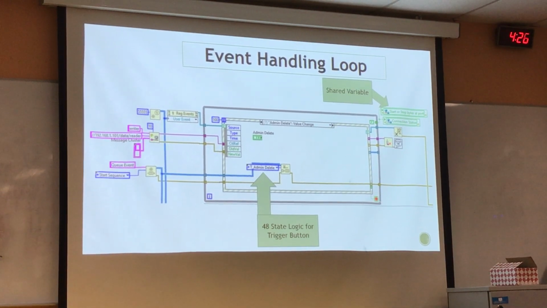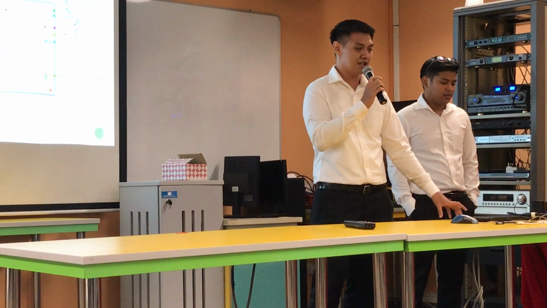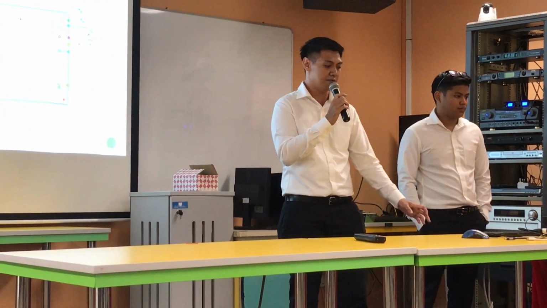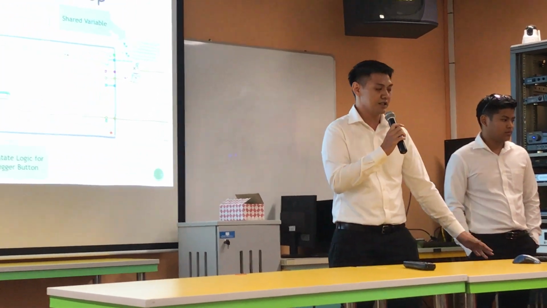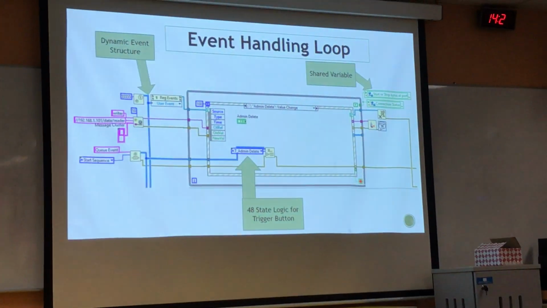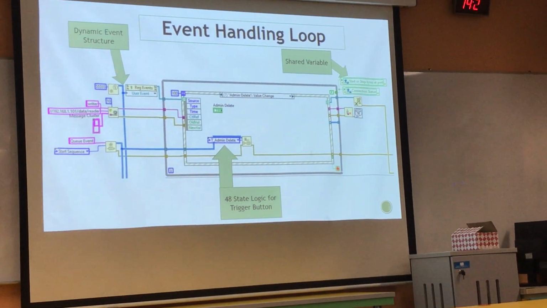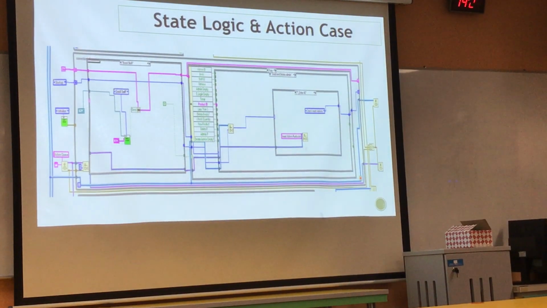So this is the shared variable. As we know, the cabinet will be away from the PC. We use the shared variable to start or stop the application on the cabinet, and we also can see the connection status. So this is the event structure. We use it for when we receive data from the MyRIO, it will trigger the user event and we will do the action accordingly.